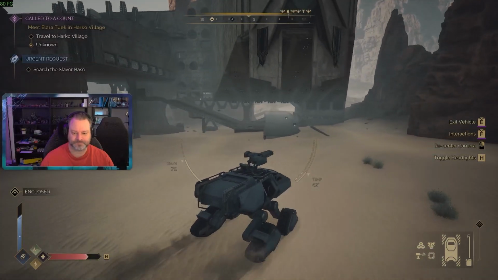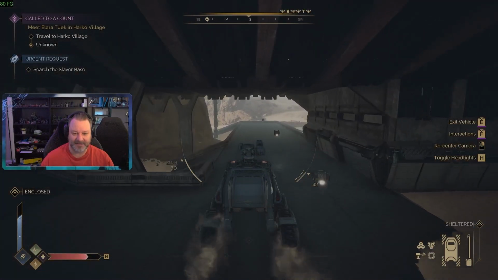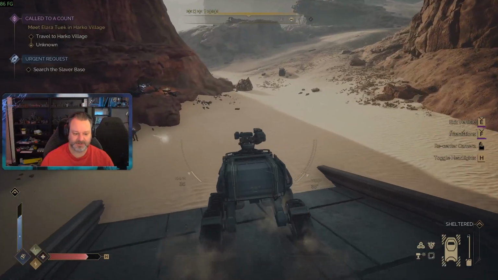And I don't use a buggy in the deep desert. I mean, you can, and if you've got a guild and a carrier and a base and all that good stuff, that's fine, but by and large...